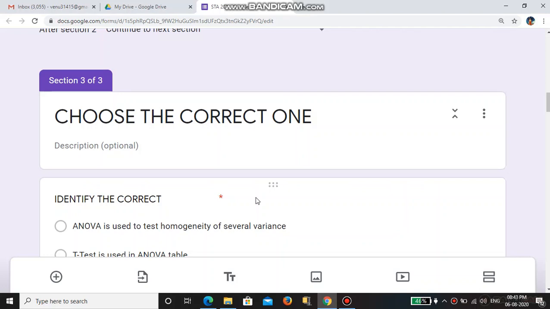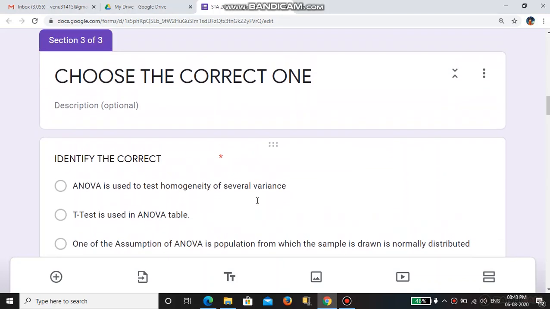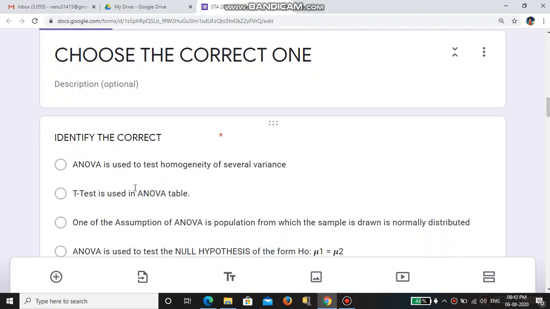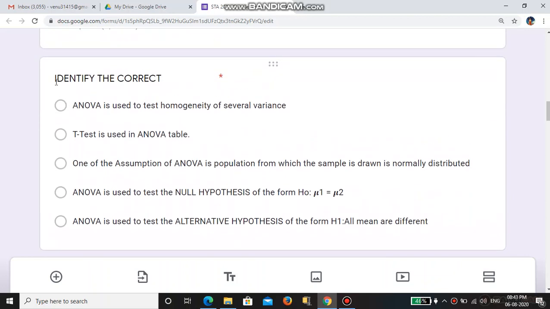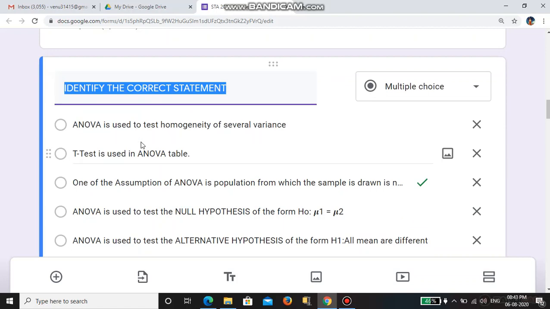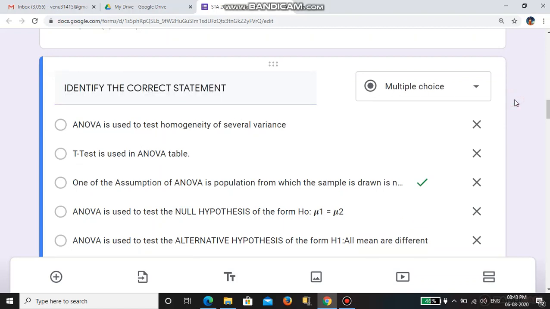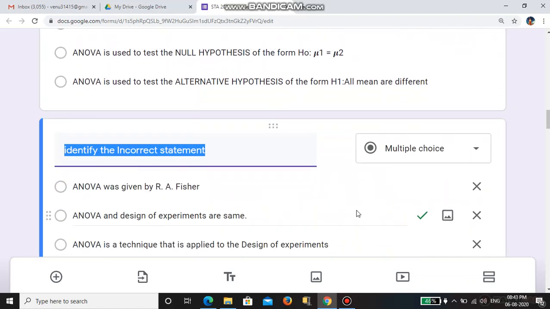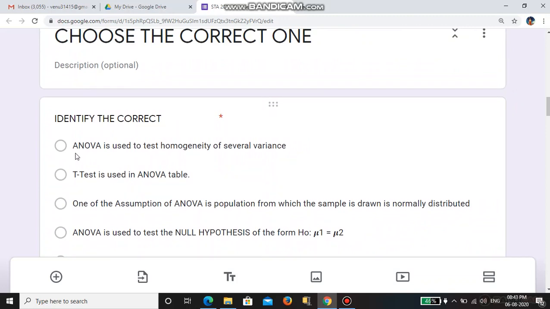Okay, now we saw some question paper. In this, the first question is: identify the correct statement. This is the first question. In this you can see the first statement. Okay, the first one is asking that